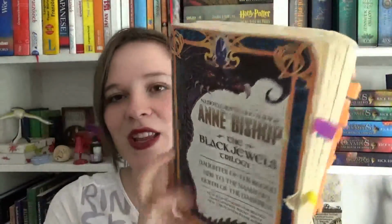These are just something. But for the Black Jewels, I decided also to compare the bind-up of the first 3 books. I love this cover. There's just nothing wrong with this cover. You have the dragon, you have the detail. It's beautiful. You have the jewels. And then this is the German cover. Do you have to say anything about this? It wouldn't be wrong if it were some kind of, I don't know, vampire book, but